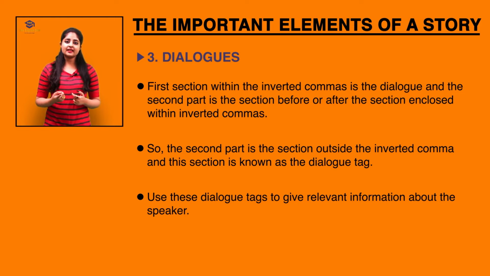The next example that I mentioned, "See you soon," she left with a wave of her hand and a whirl of her skirt. So from this dialogue tag, you can understand that the speaker was wearing a skirt of some sort. So what the speaker is wearing, the speaker's appearance, what the speaker is doing, these are all small little details that you can convey to your reader through these dialogue tags. But these bits of information, they too have to be relevant information.